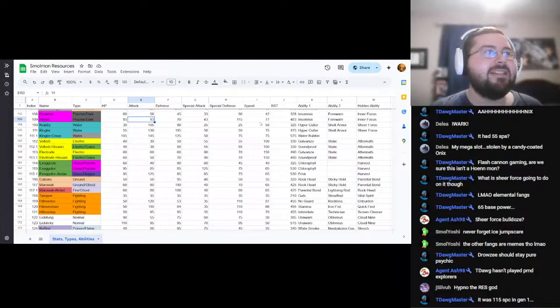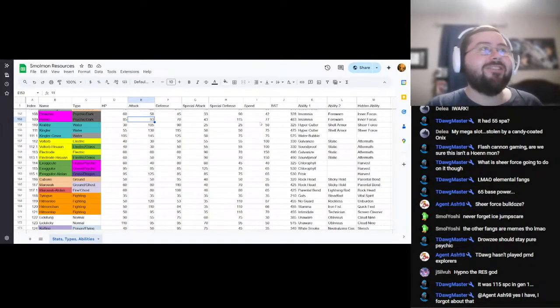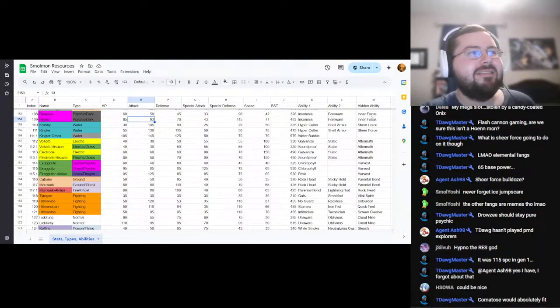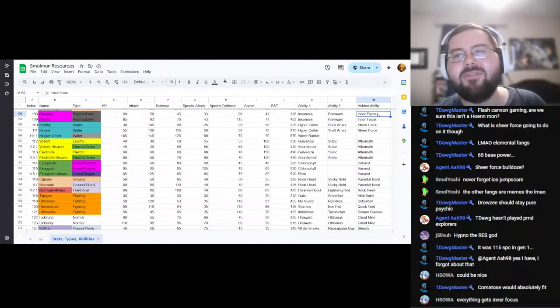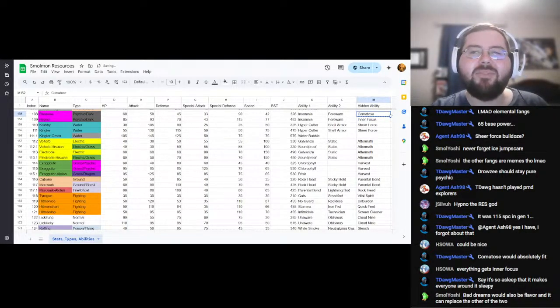I thought about this while I was mowing the lawn. Should I give Drowsy and Hypno Comatose? They are sleepy boys. Because I could give it Comatose over, like, Forewarn or Inner Focus. Comatose fits. Okay. Are we thinking we replace Forewarn or Inner Focus? I'm thinking probably Forewarn, right? Everything gets Inner Focus? Yeah, it's true. It also makes more sense for it to be its hidden abilities, so...